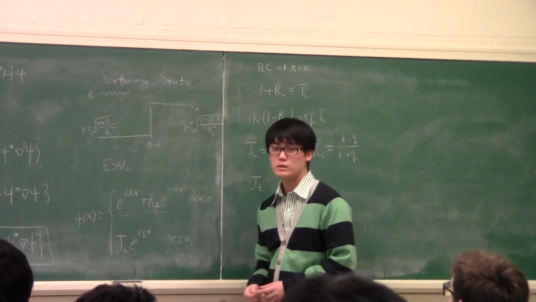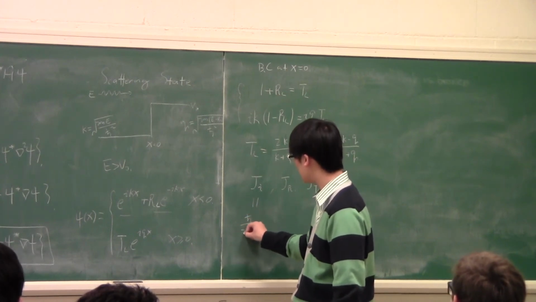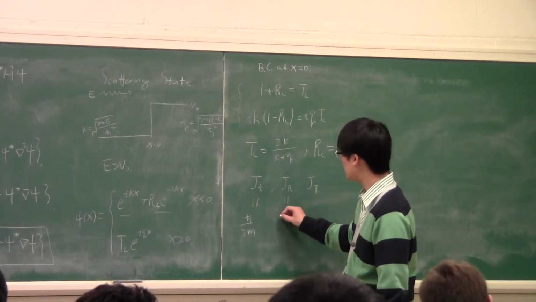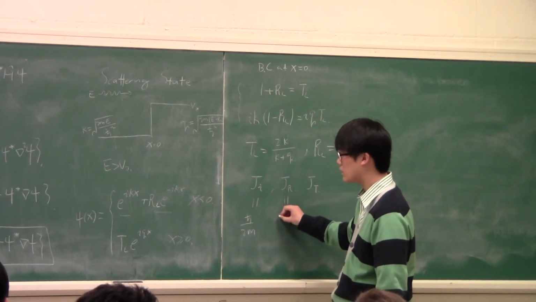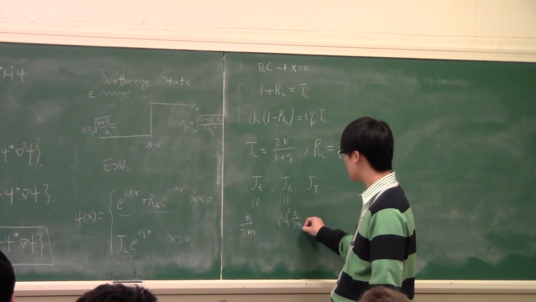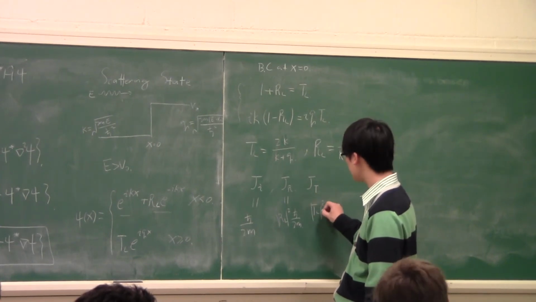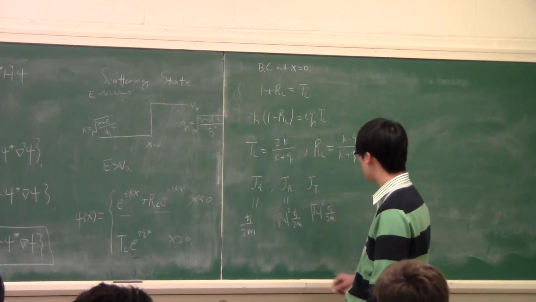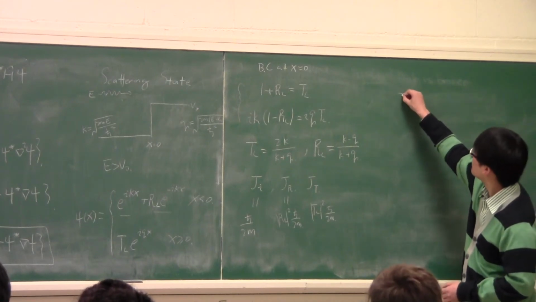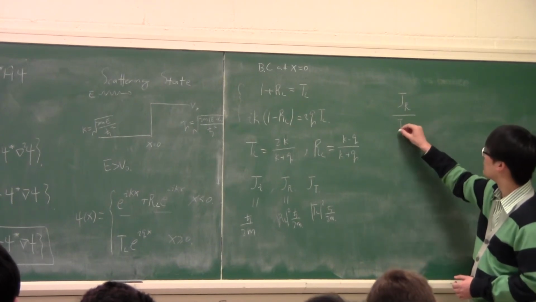Because they're so simple, it turns out this is just h bar over 2m. And this is just R_L, I believe it would be magnitude squared. And then this is just... alright. So now I want to investigate the ratio of the current that was incident with the current